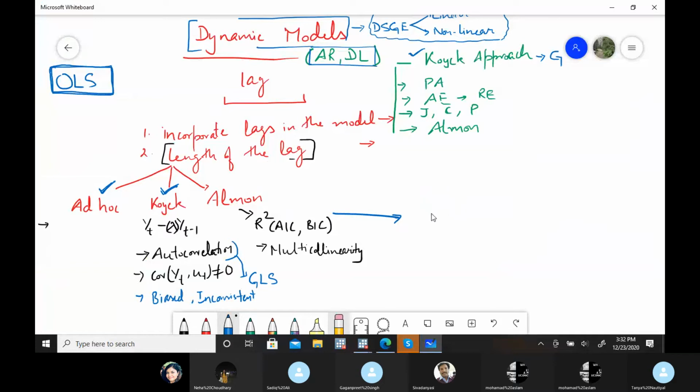If you add unnecessary lags, for example, you have taken lags till x t minus 9, x t minus 10, meaning unnecessary lags, then that's the case of inclusion of irrelevant variables.